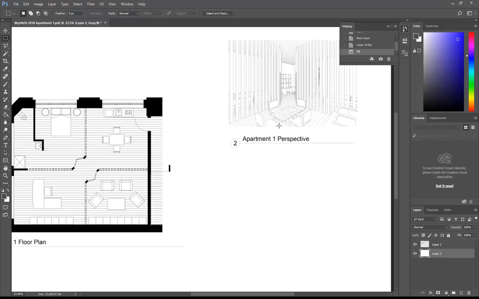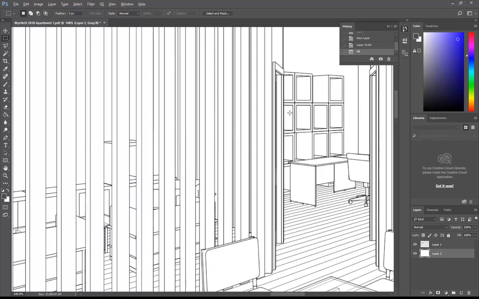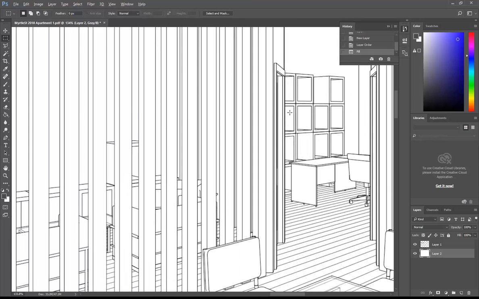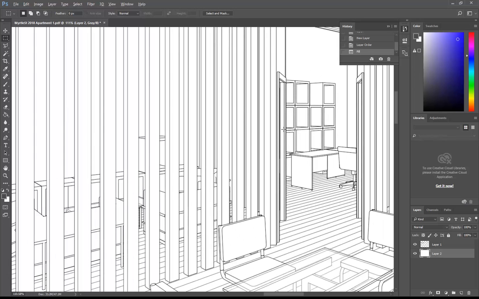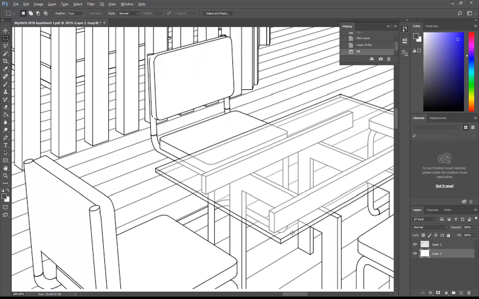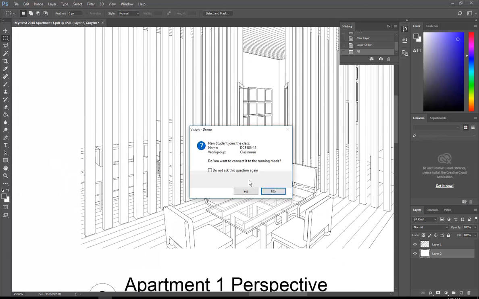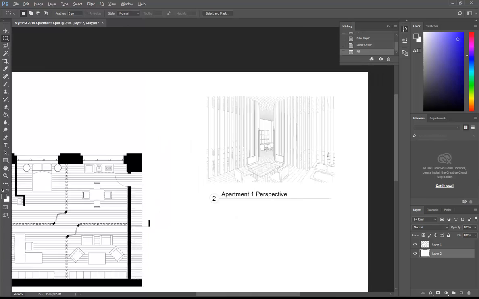Just makes it a little bit easier to see those lines. Okay, so it's all come through perfectly, but the important thing there is that it's a transparency, so then you can do all of your rendering without having to cut around all of those objects. And when you've got complex 3D models like this, it takes far too long to cut around all of those shapes. Whereas if you can just render underneath all the lines,